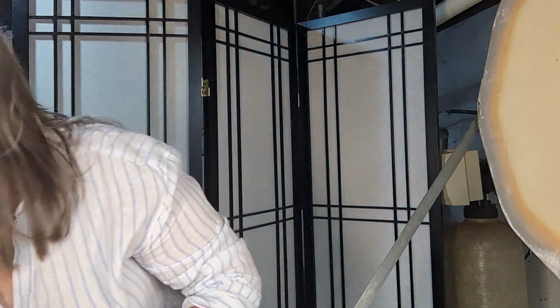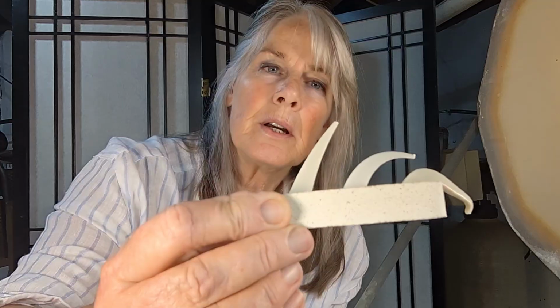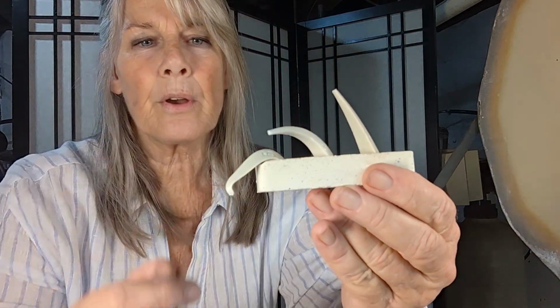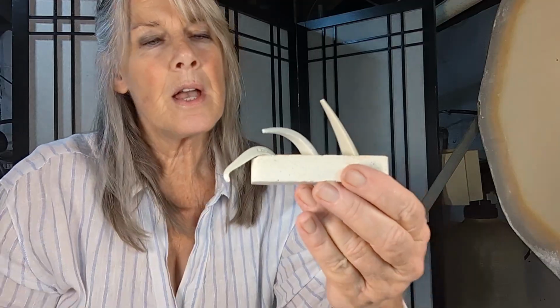Just a nice combination. The middle here is our next cone pack. So I would say that's a solid 6. And I'll tell you,